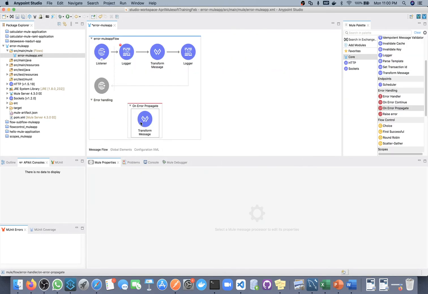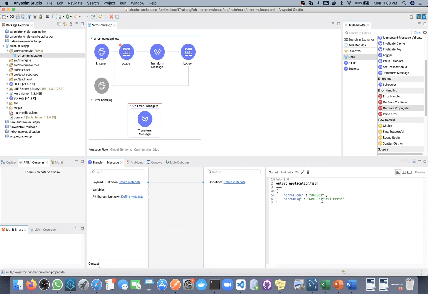Here you can see we are writing the same transformation. This time this is our error, so in error code I will send this XA1002, and in error message I will send error description. The error object we will get, and we will send error description in error message.